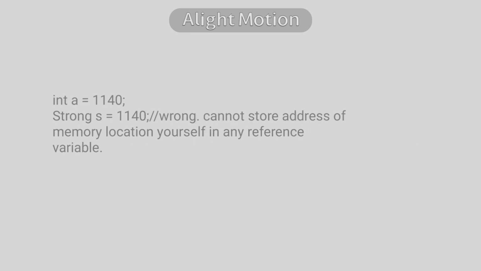We cannot make a reference variable point to a memory location directly. Like we can make int a equal to 1140, but we cannot make String s equal to 1140 in order to point it directly to a memory location. That is not possible, and there is no way in Java to see and manipulate the exact value contained in a reference variable. We cannot mess with the memory at all. So a primitive variable cannot be null, whereas if a reference variable points to null, the address or the variable will contain 0 or minus